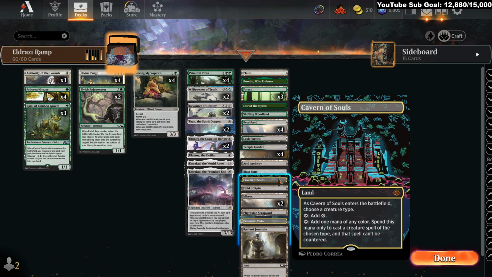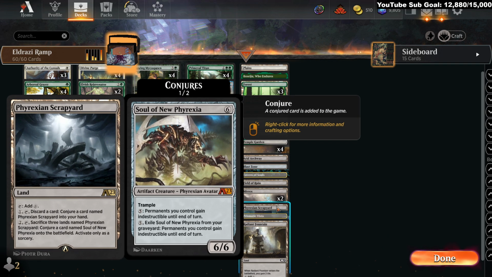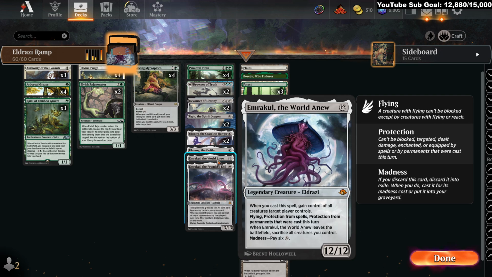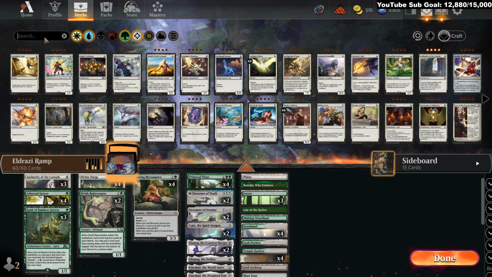Blast-Stone for removal, Cavern of Souls for Eldrazi, Field of Ruin for removal, Myriad Landscape for grindier games. Scrapyard's kind of cool because late game we could filter our draws, get extra copies of Scrapyard, and then eventually get a Soul of New Phyrexia. But it also allows us to discard Emrakul, the World Anew and then cast it for its madness cost of 6. We have Prismatic Vista, just helps us find some of our basics, and then a Radiant Fountain as well for some life gain. So like I said, we can do the Ugins,